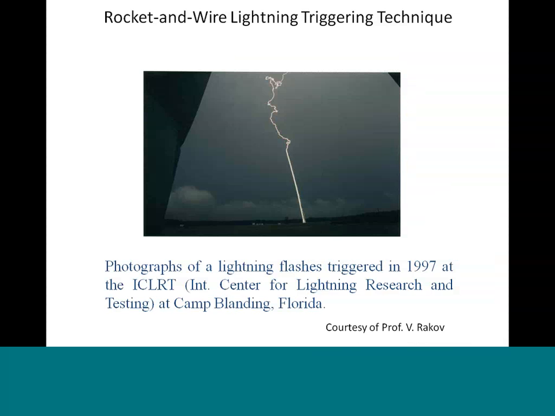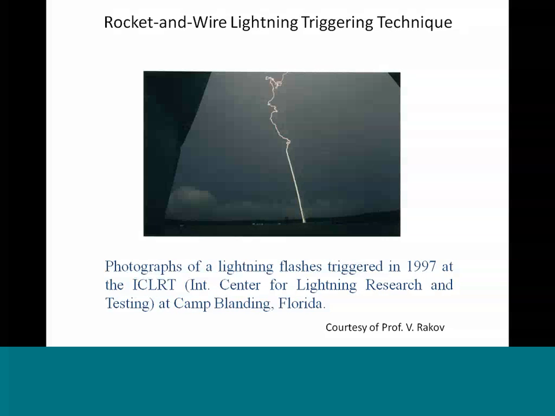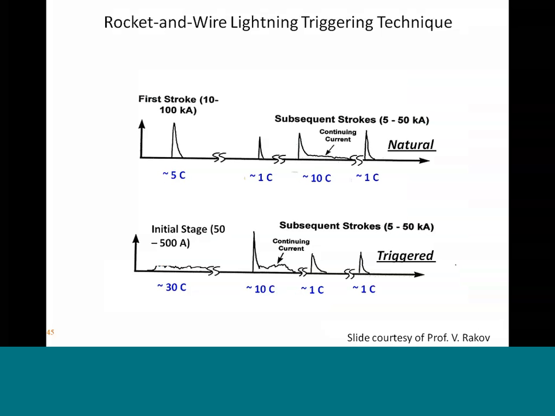And this is a flash that was measured in 1997 at the ICLRT in Camp Blanding, Florida. To compare the two current waveforms related to natural and subsequent triggered return strokes, as I mentioned earlier, we have some charge transfer in the first return stroke, with an amplitude on the order of 100 kiloamps and a charge transfer of 5 coulombs, and the initial stage of the